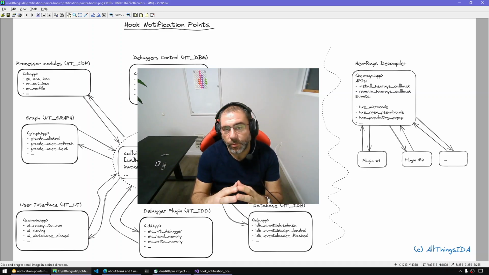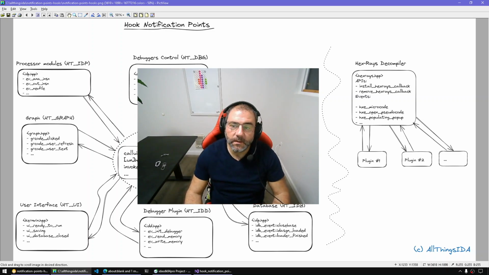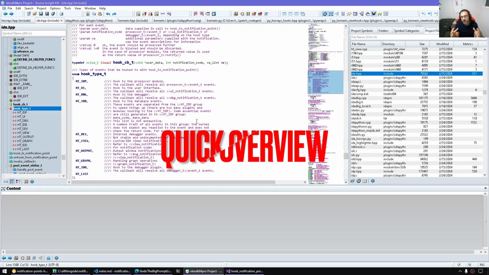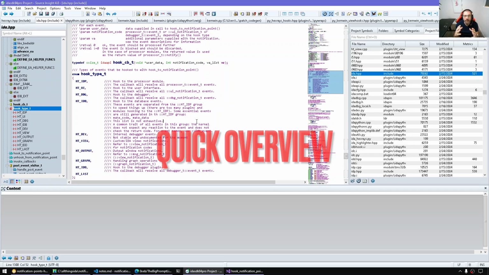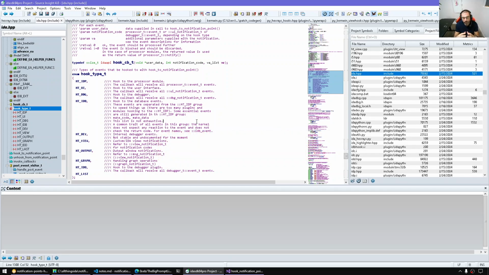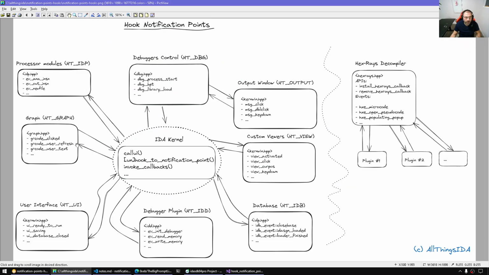This is an essential topic because it will allow us to do more things in IDA programmatically for the future. With that, let's get started. Okay, so today's session is going to be mainly theoretical. Of course, I'm going to talk about code and so on, but it's important to understand concepts first at a higher level. So at a higher level here, I made this illustration and we can think of the notification points as